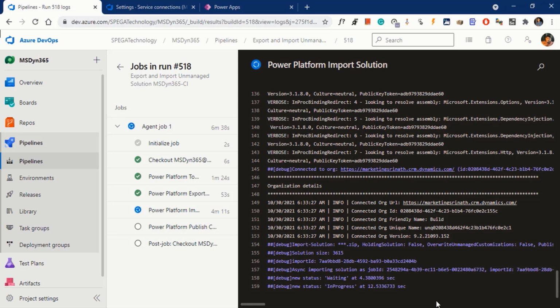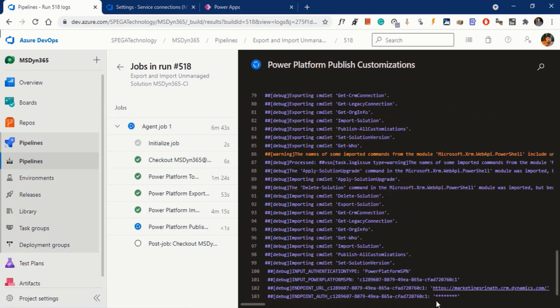The solution got imported and it's publishing the customizations in the build environment.